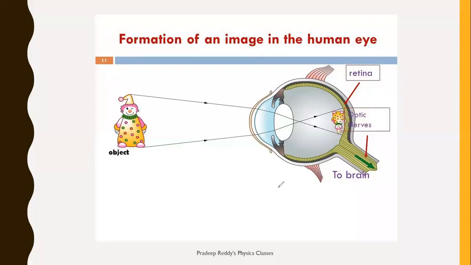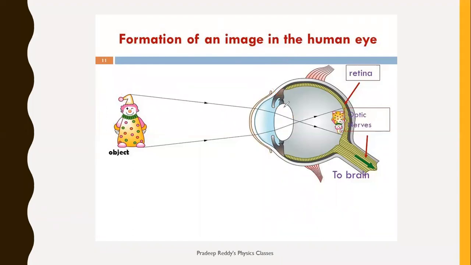Now, this is the eye, and here we have an object. An object is placed in front of the eye, and these are the ciliary muscles. The ciliary muscles are above and below the lens. This is the lens. What do these ciliary muscles do? They change the position of the lens. Depending on the object position, sometimes you need to change the position of the lens this way, sometimes that way. So you change the position of the lens by using those ciliary muscles.